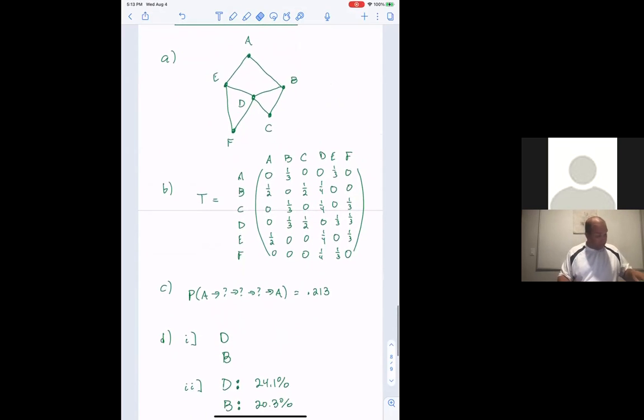So C goes to D and B, D goes to B, C, E, F. E is ADF, and F is, oh no, F is D and E. Okay, so that's good. Let's check my matrix. 0, 1/2, 0, 0, 1/2, 0, 1/3, 0, 1/3, 1/3, 0, 0, 0, 1/2, 0, 1/2, 0, 0, 0, 1/4, 1/4, 0, 1/4, 1/4, 1/3, 0, 0, 1/3, 0, 1/3, 0, 0,